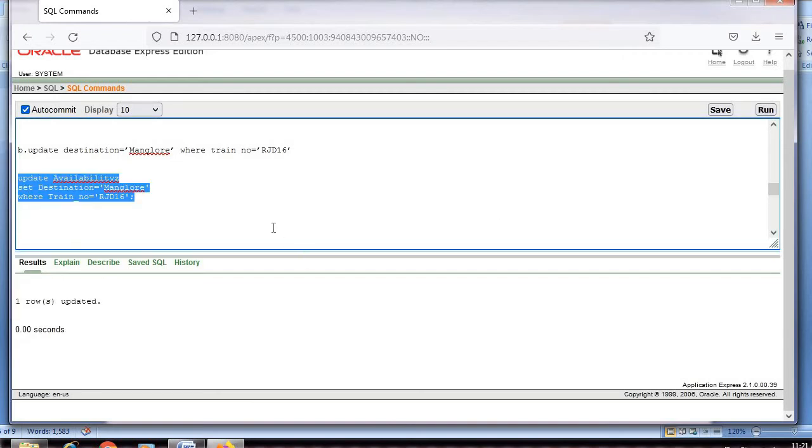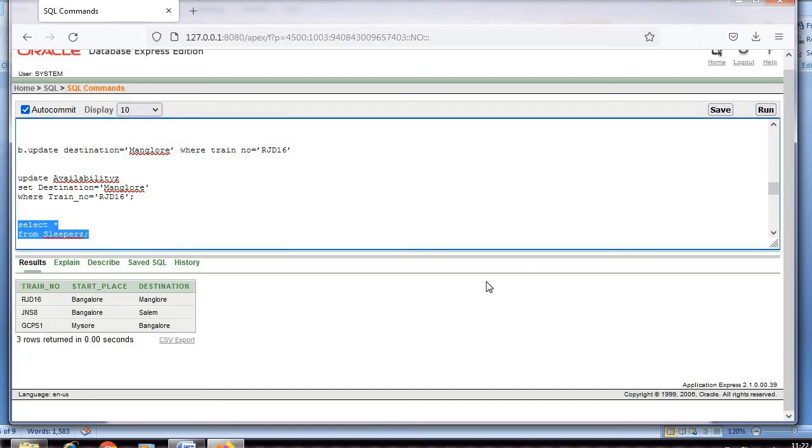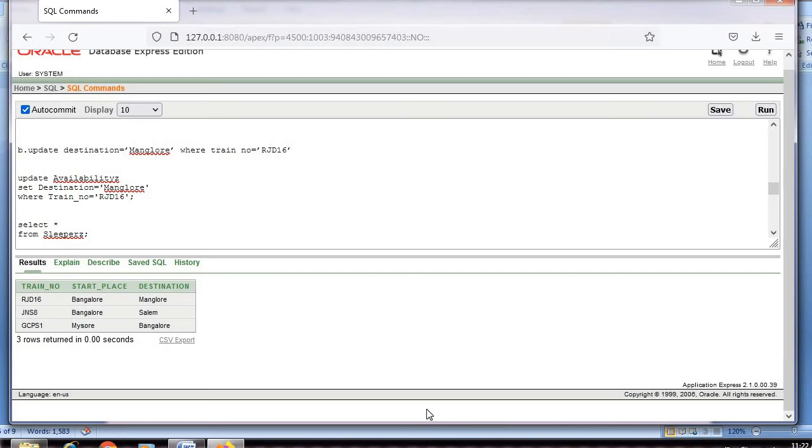Okay, one row updated. To show you the changes, I'll select star from sleepers. Yes, see here, destination was Mumbai, now it has changed to Mangalore.